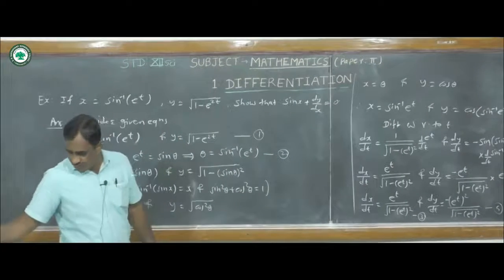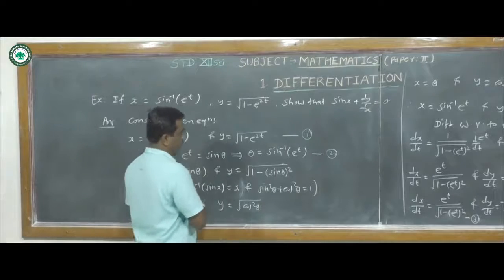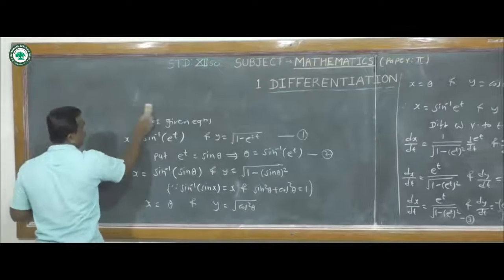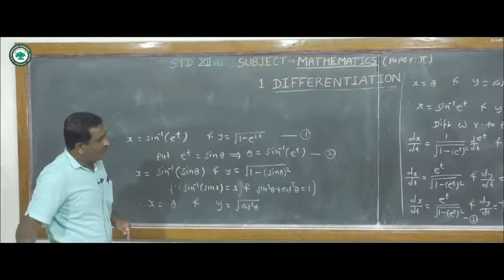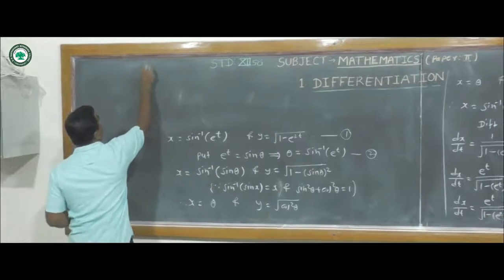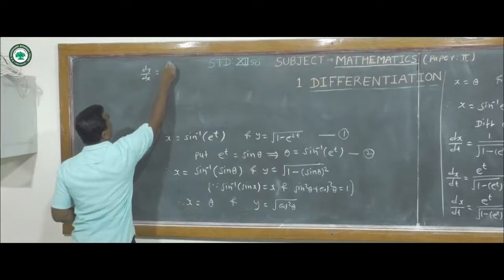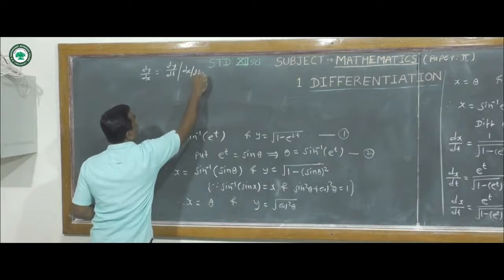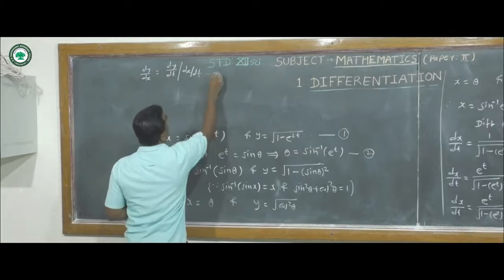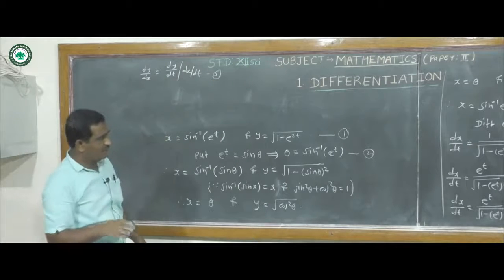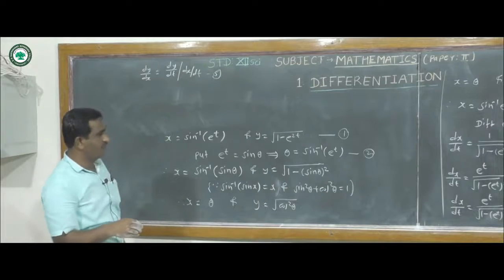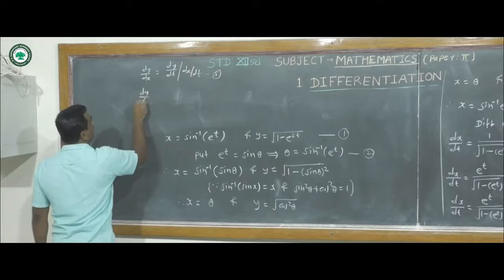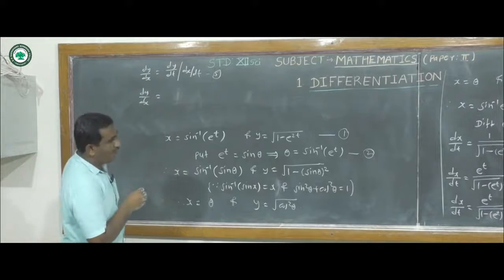Okay, now we use the parametric rule here. Now we know the parametric rule: dy by dx is equal to dy by dt upon dx by dt. Call this equation number 5. Now from equations 3, 4 and 5 we can write here dy by dx is equal to, the value of dy by dt, which is minus